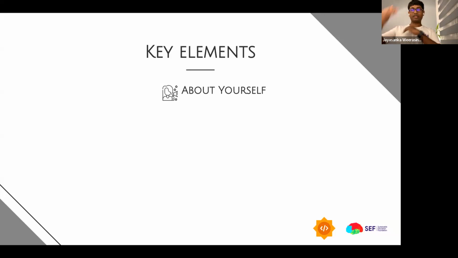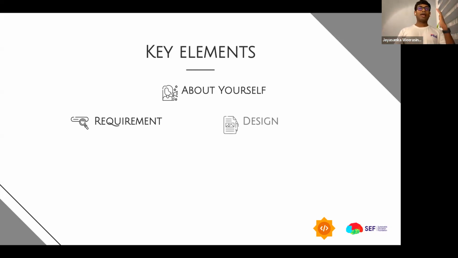Now we have the about section, and the next thing would be the proposal. Now we are talking about the application. In this application, I would say there will be three main steps: the requirement, the design, and the implementation. This is just a structuring idea.